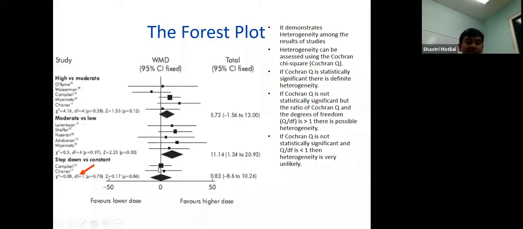And when you do this test, you're going to get a value. This curly x is chi-squared. Chi is the Greek letter. You're going to see a chi-squared value and you're going to see a p-value, right? So when we say the p-value is more than 0.05, what do we say?